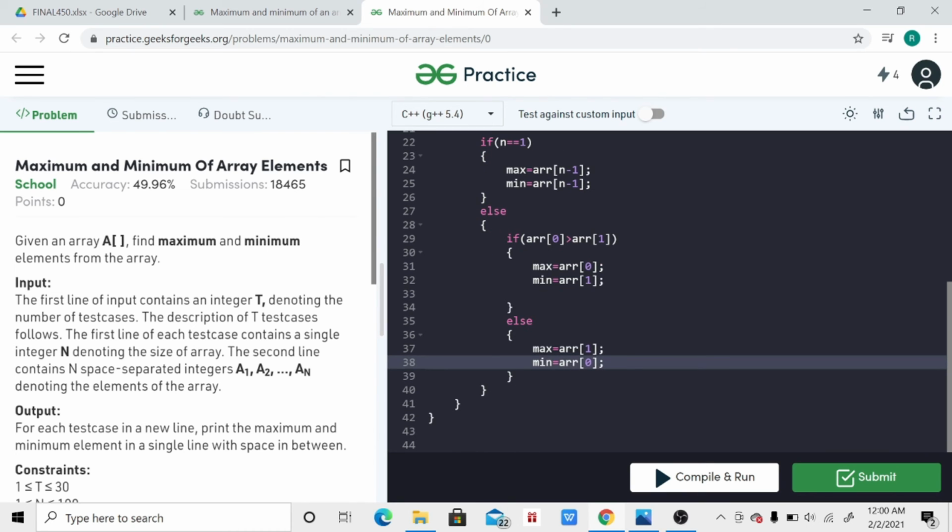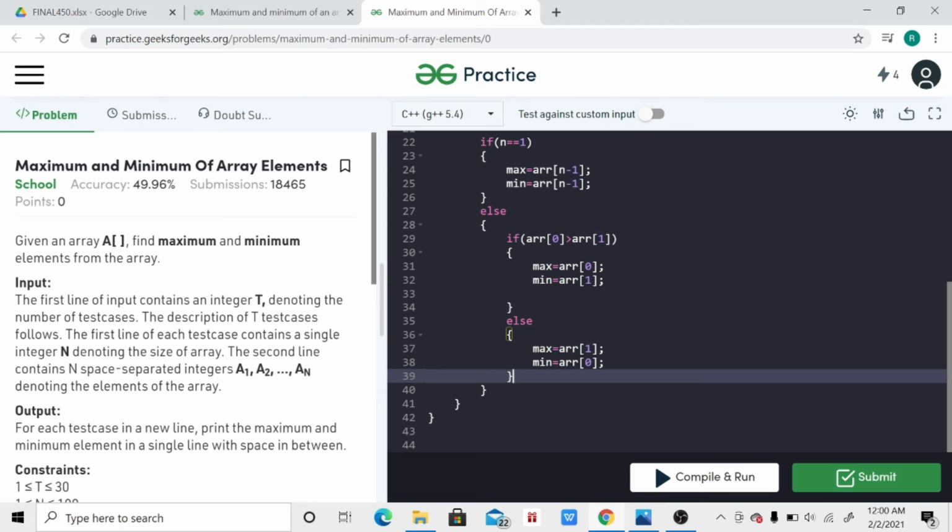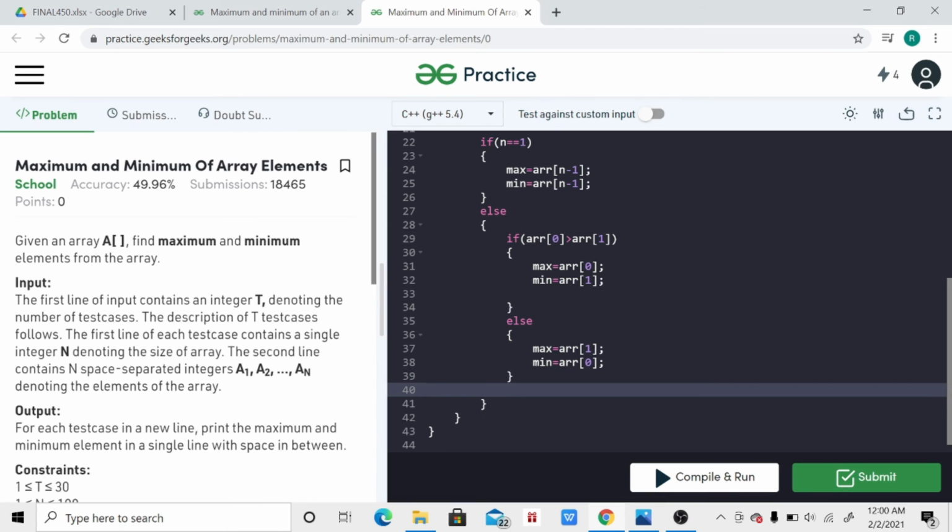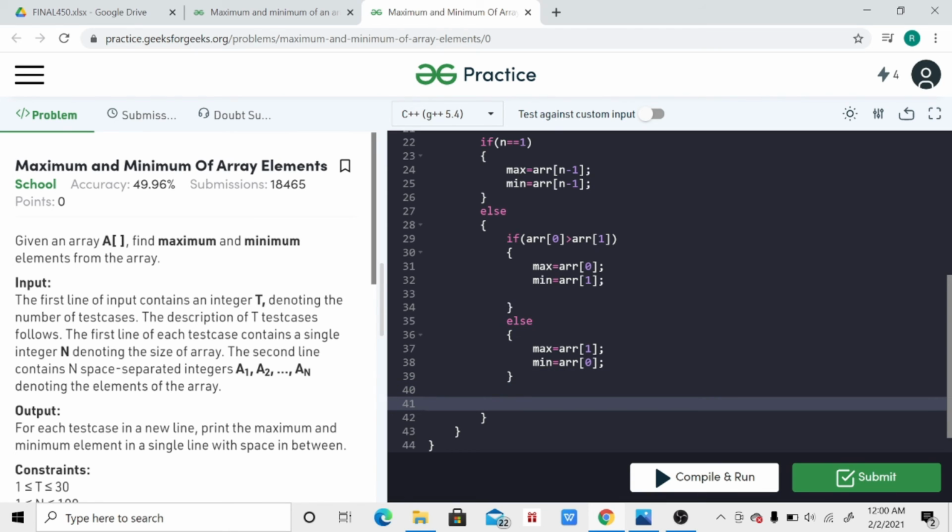So up till here we have defined the first and second element of our array, which will be max and which will be min. Now we'll loop through the rest of the array, that is, we'll put a for loop which will start from int i equals 2, i is less than n, i plus plus.